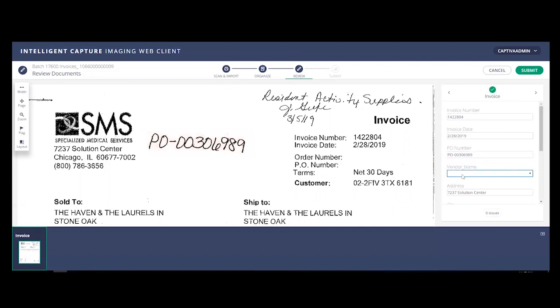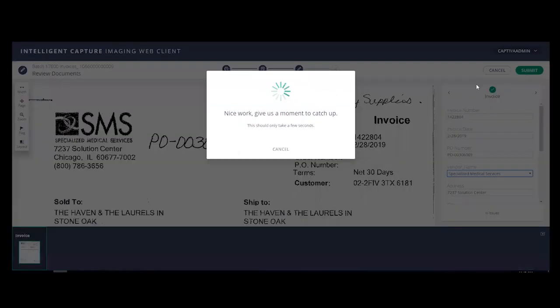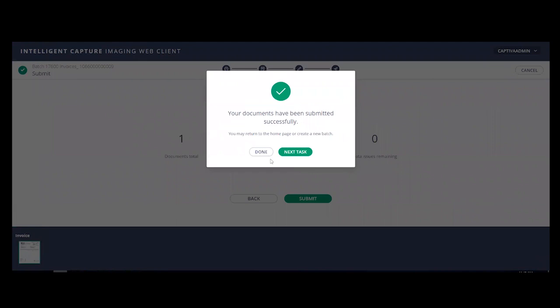One other item I wanted to point out is that the vendor name, which we don't have a rule on, we didn't make it a required field, it's blank, but this is a field where I have a drop-down list to help. And this is a very simple demonstration system, so I don't have a lot of values here, but I can tell that this is a specialized medical services invoice, so I'm going to select that value, and then we would be ready to submit it. Once you see the green check mark, everything is good, we can click submit, and this invoice then gets processed